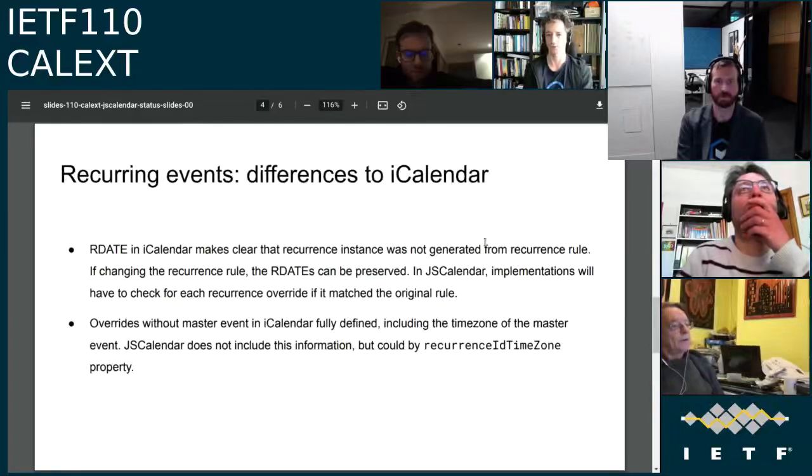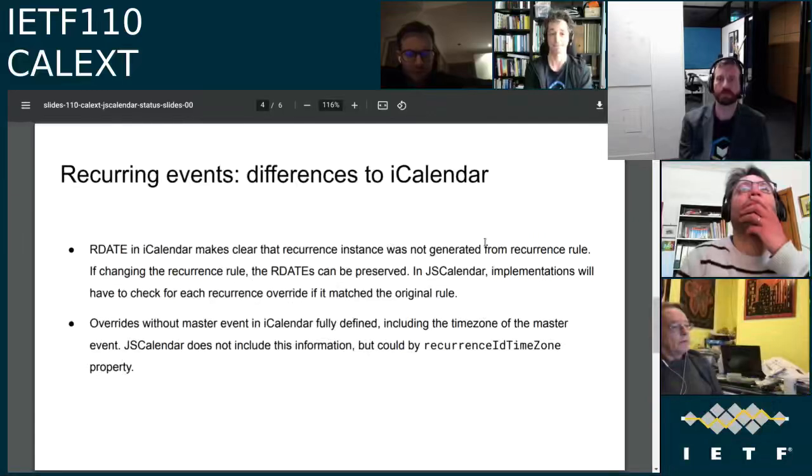Firstly, because if you change the recurrence rule, you will have to figure out what is an RDATE and what really could go into the recurrence rule. But it also means that if the intention was an RDATE regardless of the recurrence rule, we can't currently tell if we should preserve these as RDATEs when an RRULE changes.